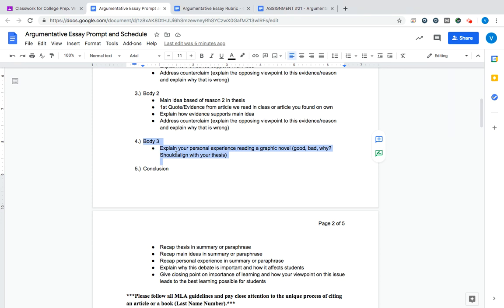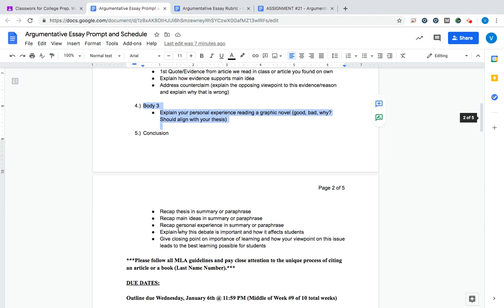This is something different that I'm asking you to do, kind of blending both some academic writing with the use of quotes and explanation of evidence, and also creating your own evidence based off your personal experience. Since this is an argumentative essay, you are combining your life experience with some other evidence. You're just mixing and matching different forms of evidence. So I thought that would be useful to try and interesting to read about.